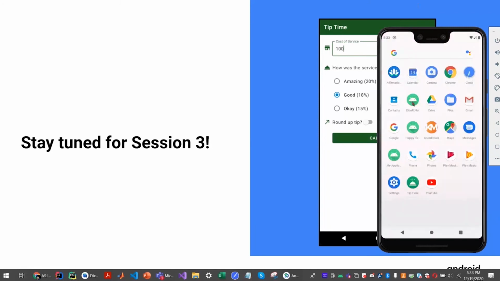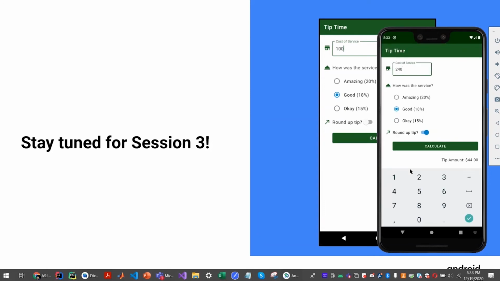Up till now, if you run the app on a device or even the virtual device, you'll see that all the apps you created have the same logo like this. So from next week onwards, after next week's session, you'll be able to add your own logo. And apart from that, like I mentioned, color themes for both light mode and dark mode.